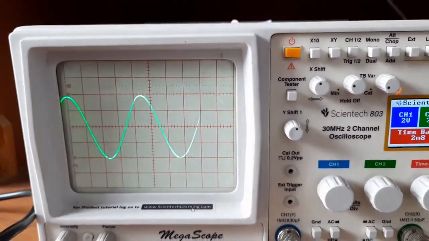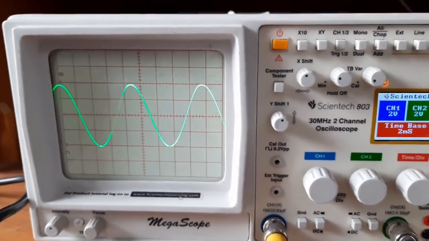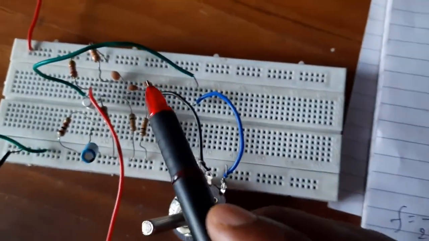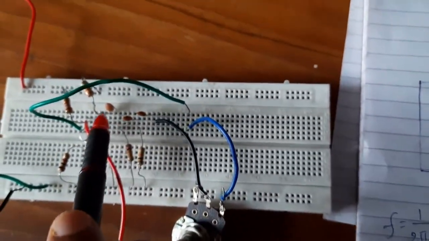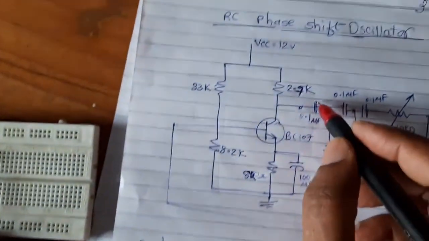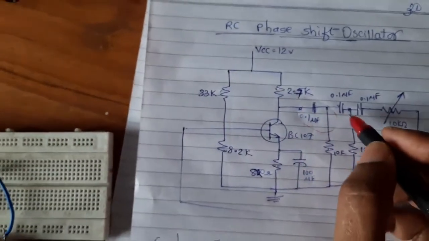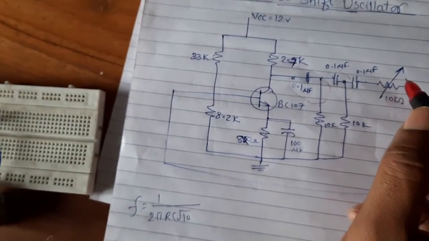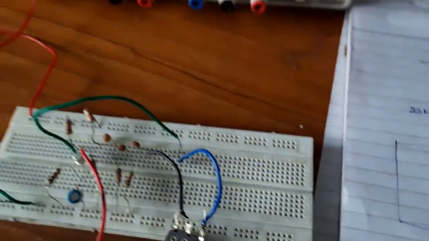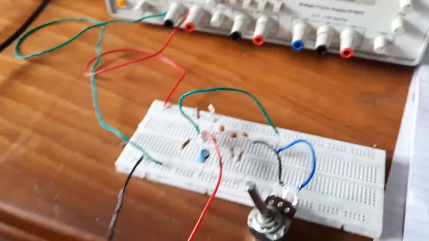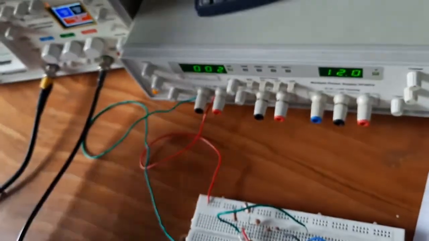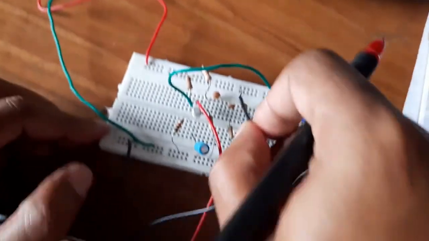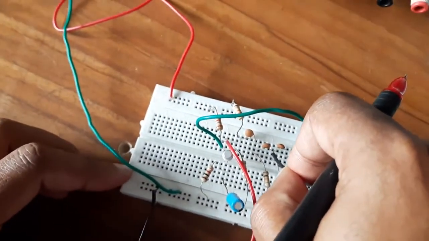So this is how the output of the RC phase shift oscillator should look. A very important thing to note over here is that these RC sections are there. Now I'll explain. This is giving you 60 degrees phase shift, again this will give you 60 degrees phase shift, and again this will give you 60 degrees phase shift. That also we need to observe. So I have used one more channel. I will do dual, and I'll show you one phase shift that is happening. See here.